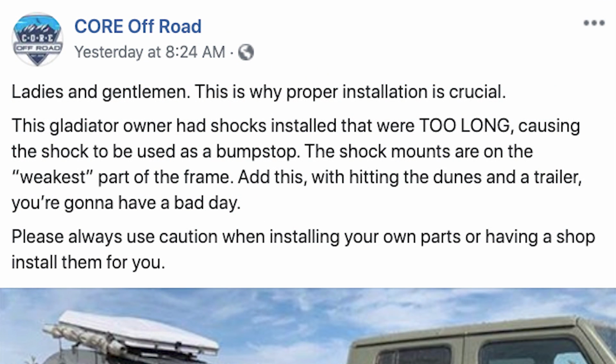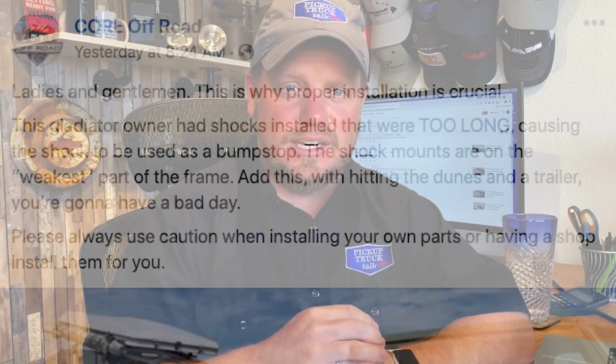It's an interesting thing. So let's talk about what they're thinking, and I'm going to show you some demonstration of what I think is going on with this truck. We can see on the screen that the truck has a bent frame. What they say is that the customer installed aftermarket shocks, and these shocks are too long. And what that means is the shock is so long that it's not allowing the back of the truck to have much travel for the shock suspension, and it's acting as a bump stop, which is putting additional strain on